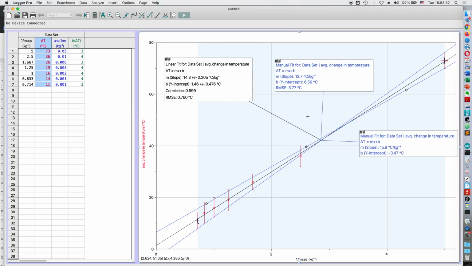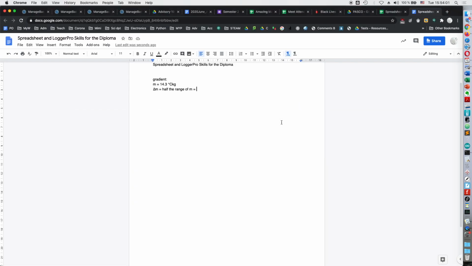So that would be equal to 15.9 minus 12.7, divided by 2. And that would be equal to 3.2 over 2, so 1.6 degrees Celsius per